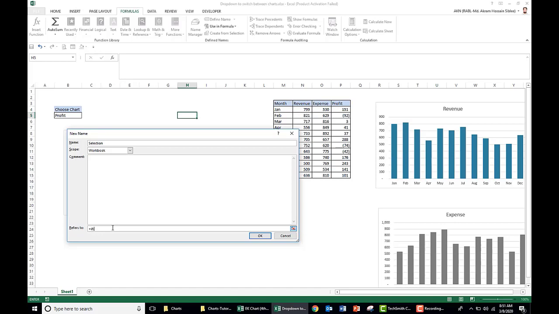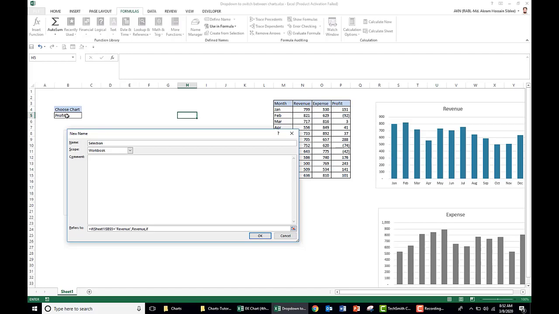If this cell, meaning our drop down cell, equals revenue, then we get the named range picture for the revenue.